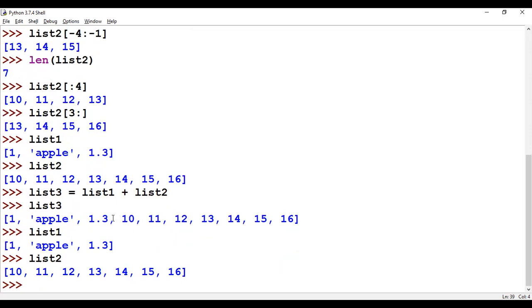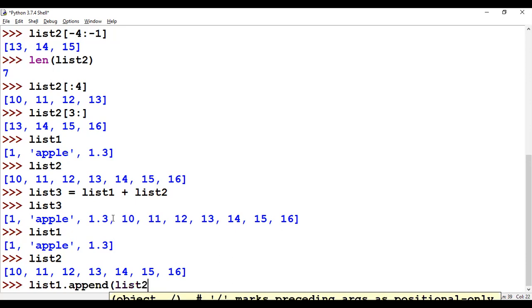Now we know how we are going to group two lists to form a new list. We are clear with that. What makes it possible is that the plus operator will concatenate two lists to form a new list. Now I need some other object-oriented methods to make this possible. So my first method is list 1 dot append of